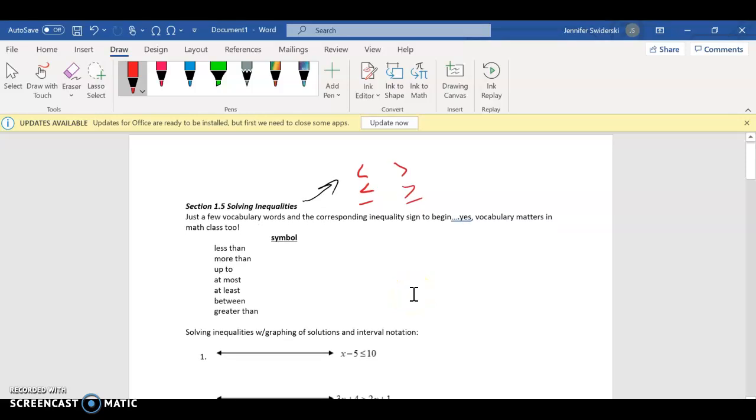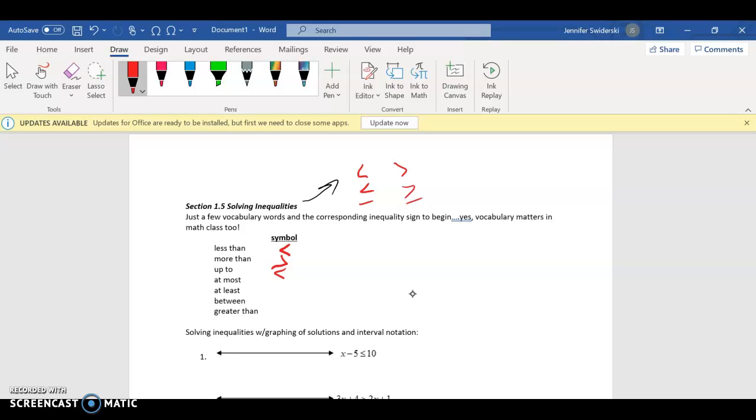Yes, vocab is extremely important in algebra, and the corresponding inequality signs to begin this section. Remember, just because we're not in language arts or social studies or science, vocab is huge in math. So, symbol for less than, just like that. More than is greater than. Up to. So if I say you can have up to 20 kids in your class, you're not going to have 20,